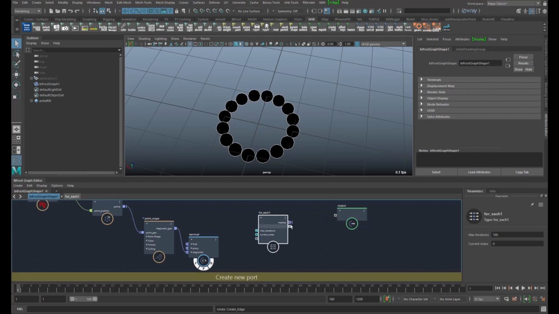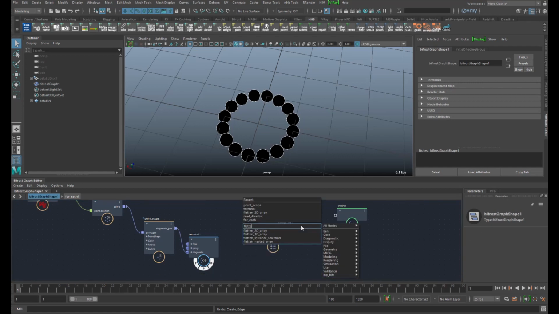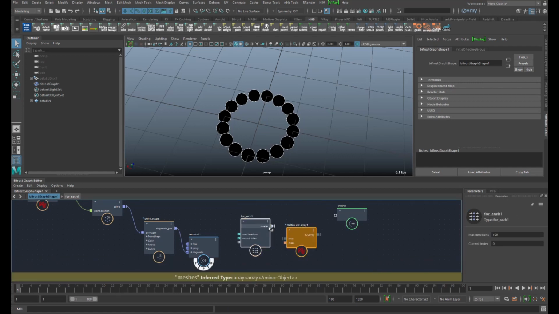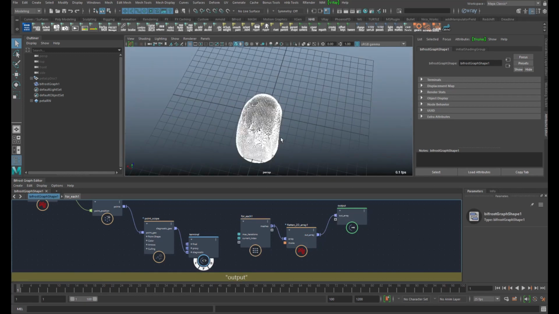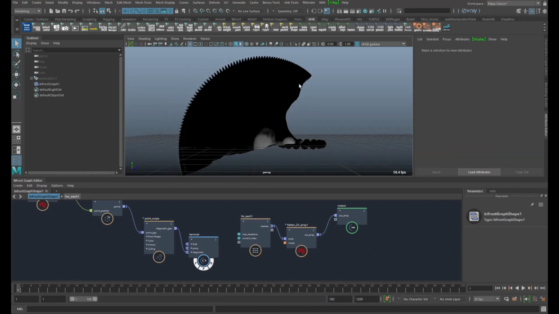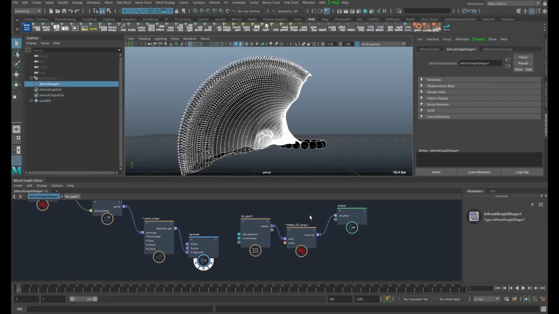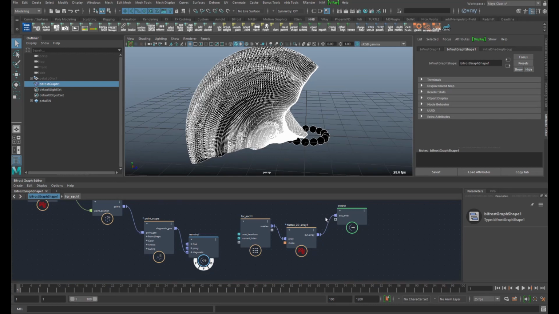No. Oh, to flatten the array. There we are. So that's the whole animation read in frame by frame. And this is the array that we're using for our instances. Great.